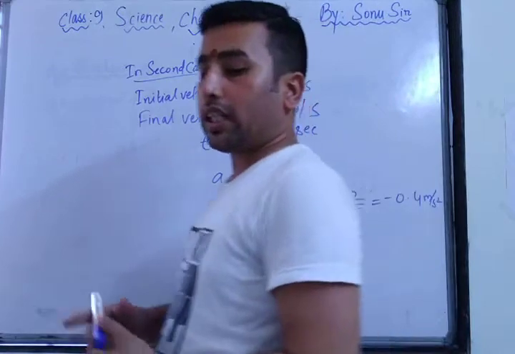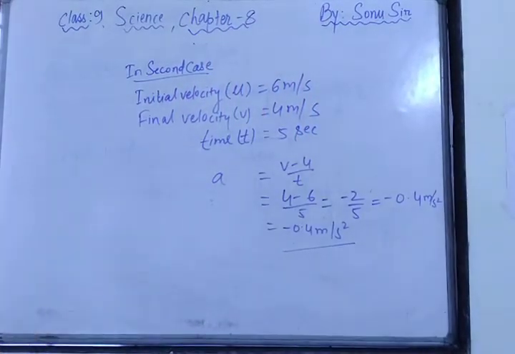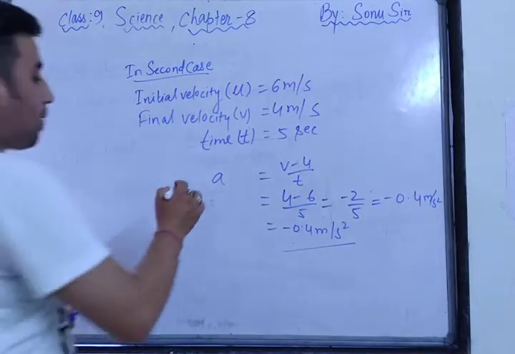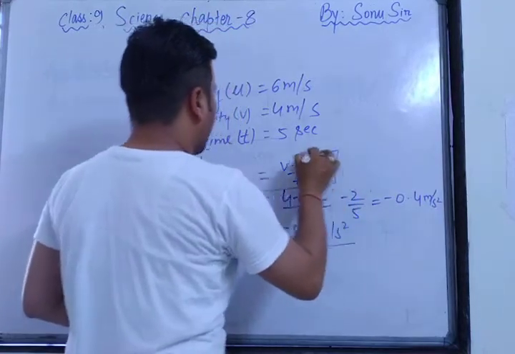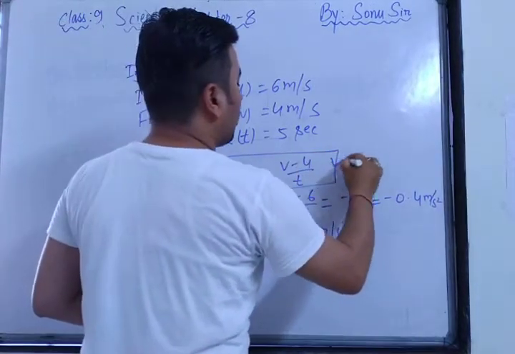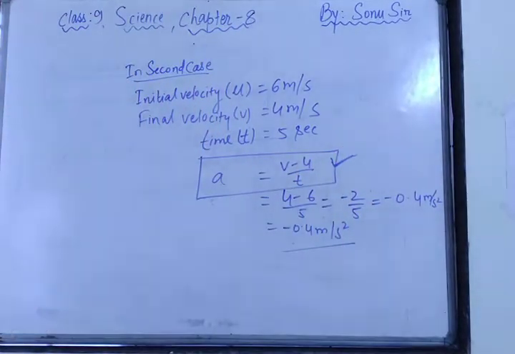So acceleration concept, I hope all of you have understood. A is equal to v minus u upon t, just remember this formula. If you remember this formula, I hope you can solve each and every numerical related to acceleration, right? So after getting the information of acceleration, now we will move towards some of the questions given in your NCERT, page number 103. When will you say a body is uniformly accelerated or non-uniformly accelerated?